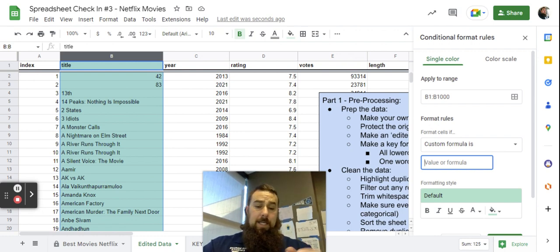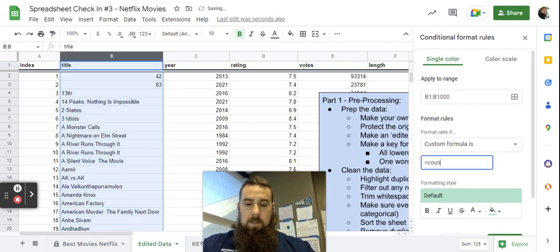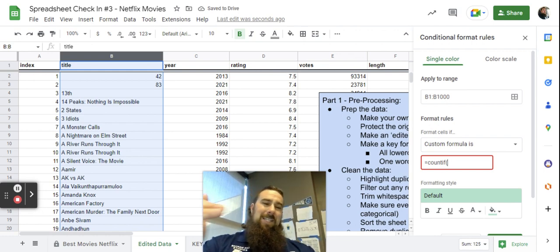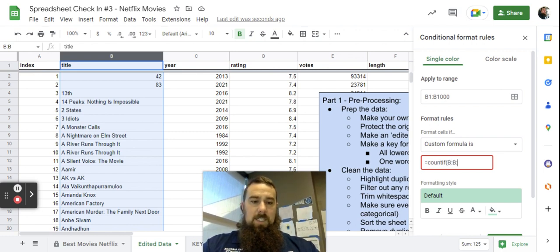To highlight duplicates, the custom formula, basically what we need to do is count if there's more than one of something in the column. So we're going to use the formula COUNTIF that you're familiar with. We're going to scan all of column B, but really we don't need to check the title. It doesn't matter. So let's just say B to B, which is all of column B, so B colon B,